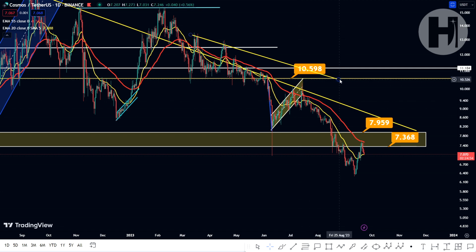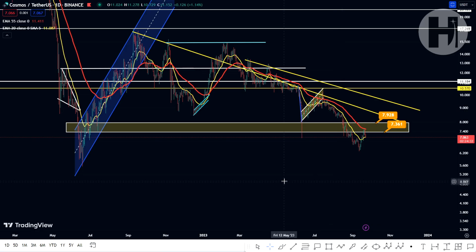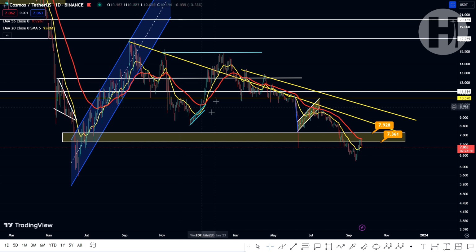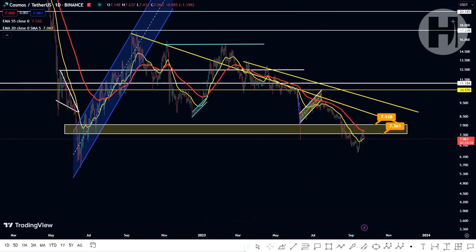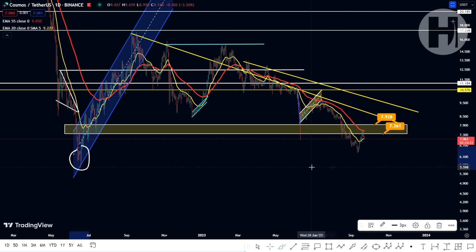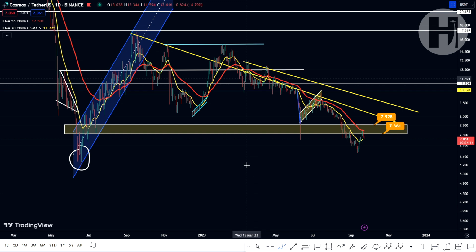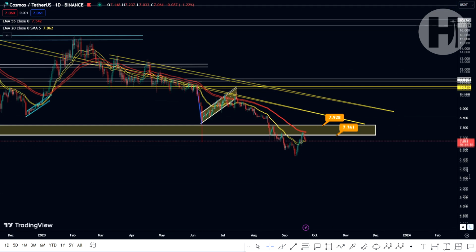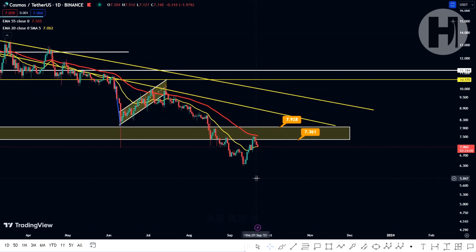Now let's get straight into the charts. Taking a look at the daily chart, as you can see, slowly but surely we are making our way back down to this June 2022 low, and hopefully we're going to be able to retest that and have a nice move to the upside. And if you did buy in here back in 2022, this is going to be another great opportunity to top up your position and increase your staking pool, potentially, if you're staking your Cosmos coins like I am with the